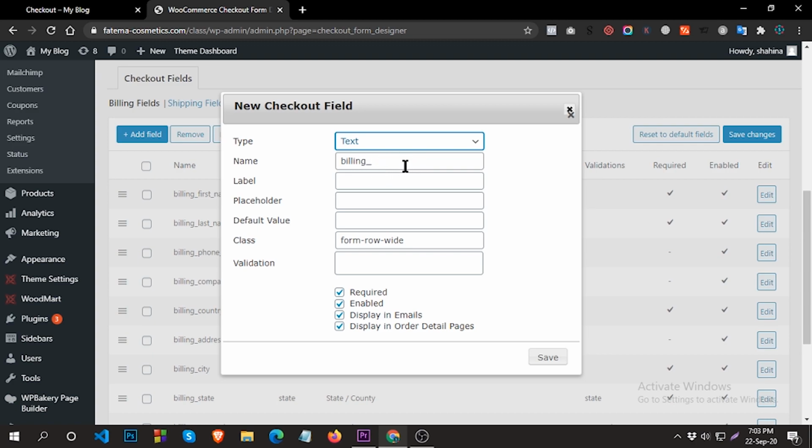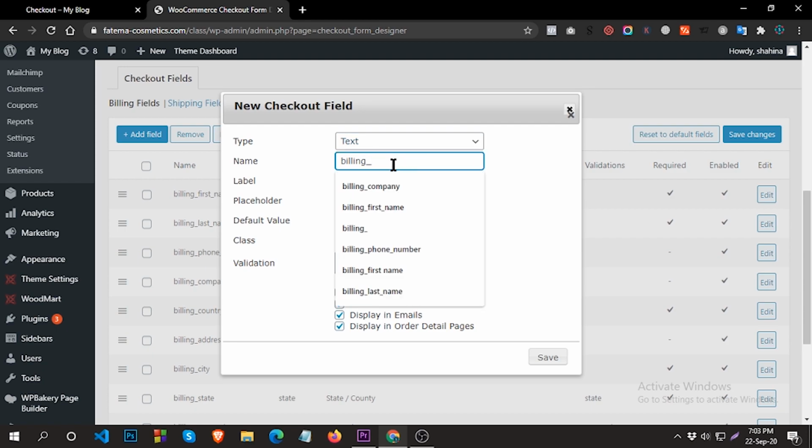If you create a field without billing, your form will break. So you can add billing company, billing first name, billing last name, like this. Also use an underscore, and every letter must be small.